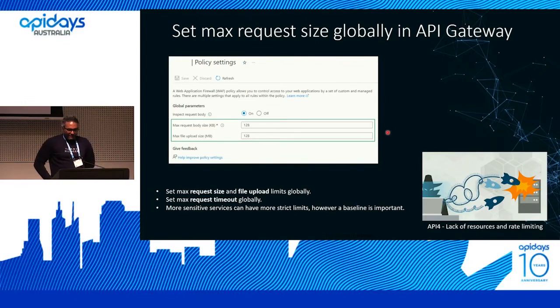Great. Now we are going into more of the API-related risks here. This one is lack of resources and rate limiting. So basically, how do we prevent overloading our services, and how can the API Gateway help with that? So my advice is always set max request size and a max file upload limit. Also, if you have done penetration testing reports, you will always find, we can just hit you without a limit,